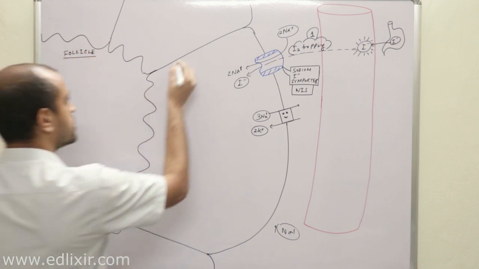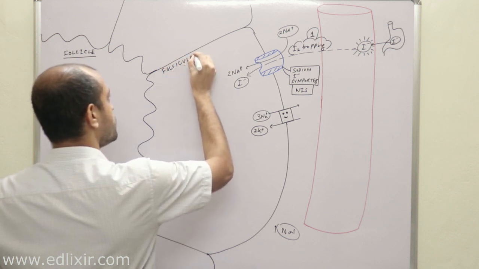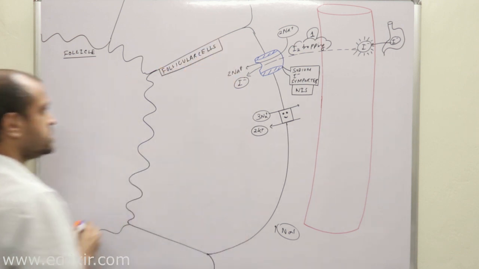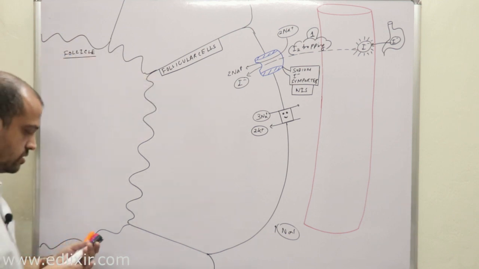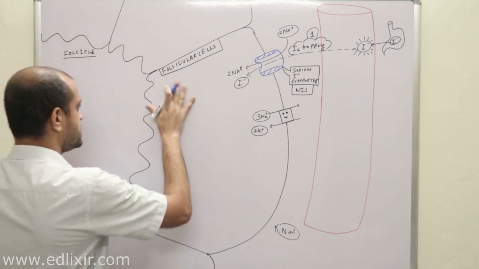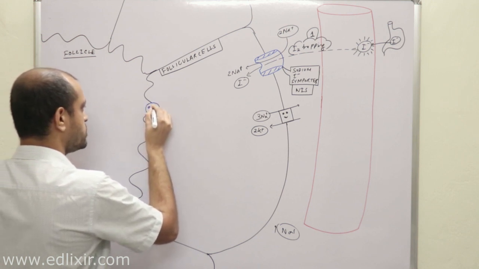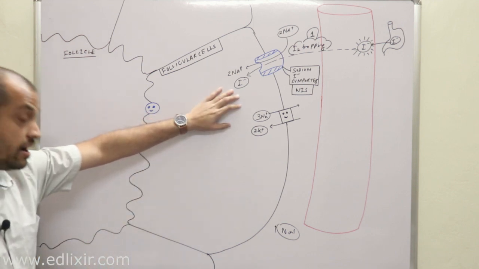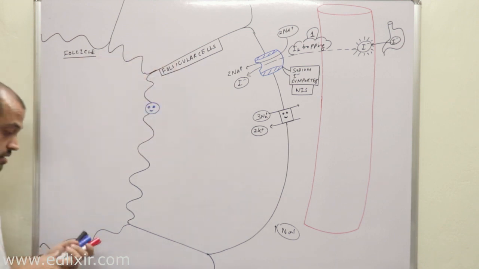So you will have to send your iodine molecule into the follicle, because it has reached the follicular cells. You will have to send the iodine now into the follicle. Now listen with all your attention. An important protein is present here, which will actually help in this transport of iodine or iodide from the follicular cell into the follicle. Clear? Or follicular lumen.